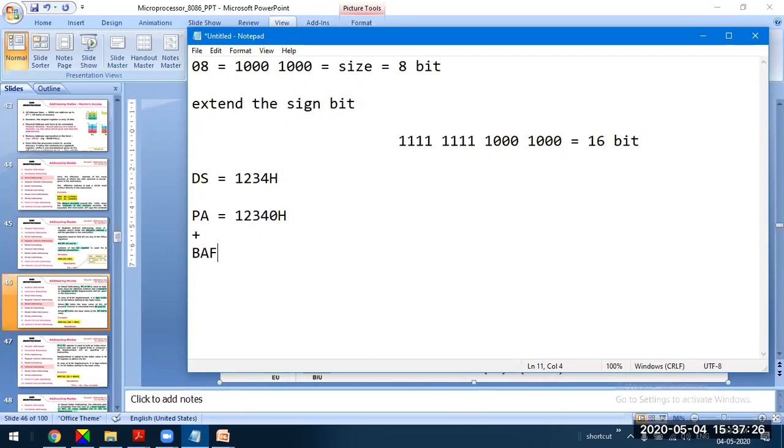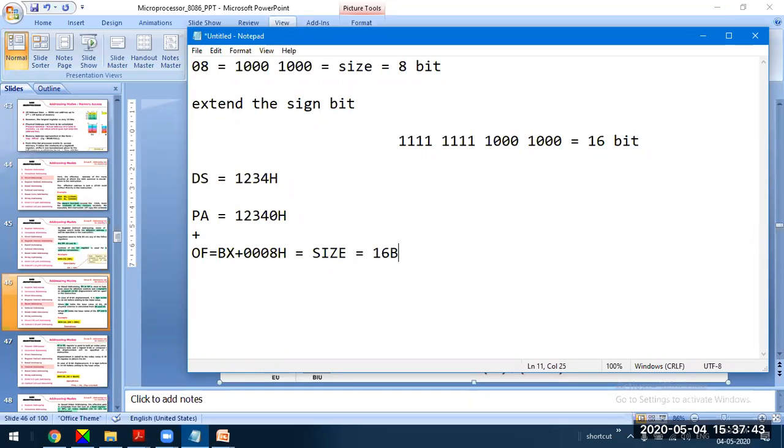Okay, to this it will add the offset address. This offset address is calculated using the content of BX plus 0008H, so the size of this is 16 bit.